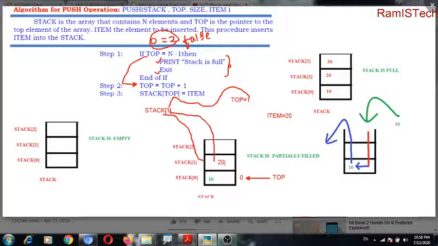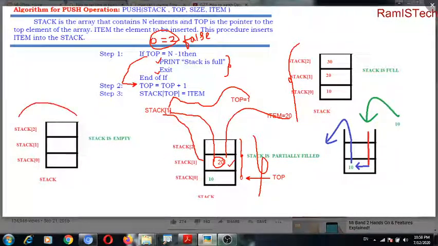Okay, now it means we are pushing this element into the stack, at the top of the stack. This is the top of the stack. At this position we are moving this 20 element. This is the push operation. We are pushing the 20 element into stack of 1. So this is the detailed explanation about this case and this case.